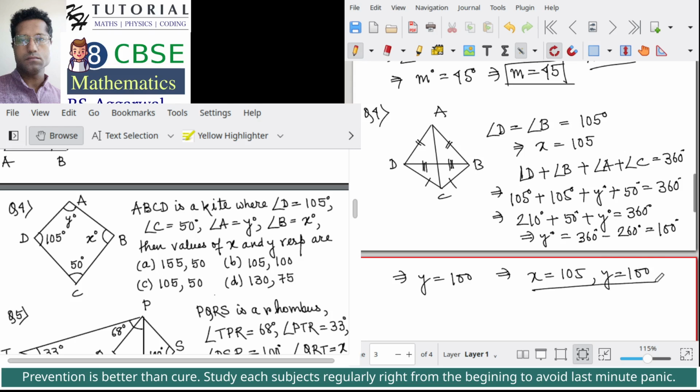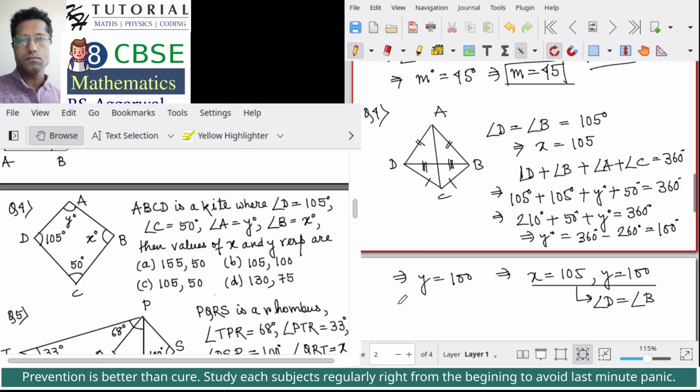This is based on the assumption that angle D is equal to angle B. This is one possible solution. And x equals 105 and y equals 100 is there as one of the choices, that is choice B. Now let me check whether